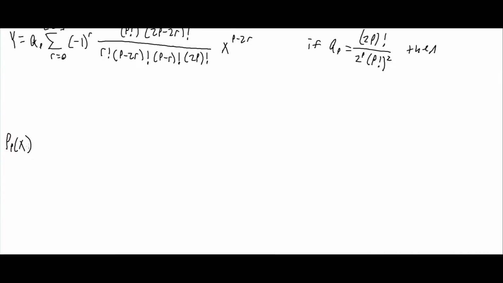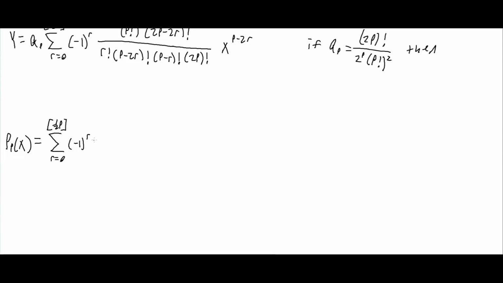This is our Legendre polynomial, is equal to the summation from r equals 0 to 1 half p of minus